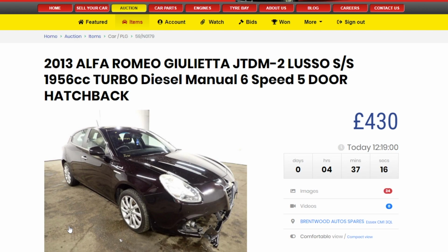Generally, they seem pretty good value for money. These do fluctuate a bit in price. I'm not really 100% sure exactly where we're looking price-wise. So we'll start with ASM, and they've got this Lusso version, 2-litre diesel, manual, 2013, and if we scroll down,